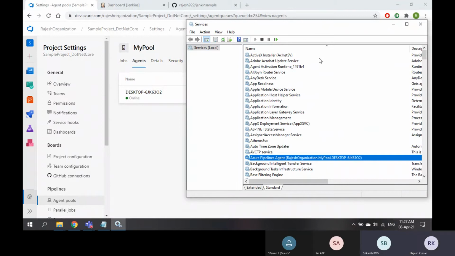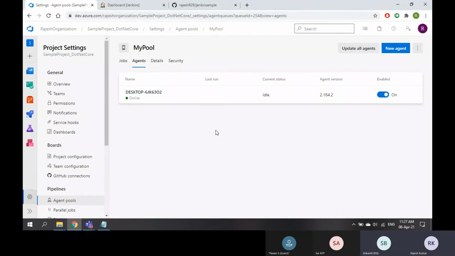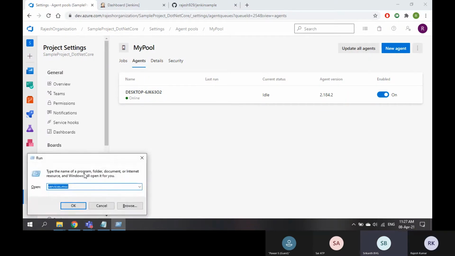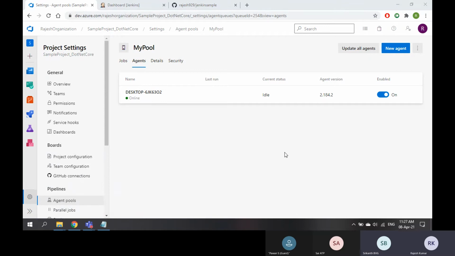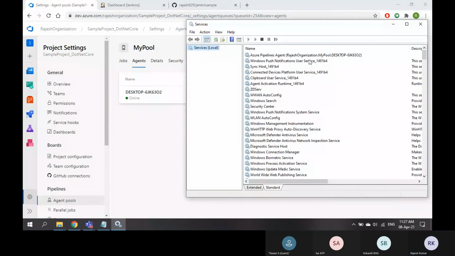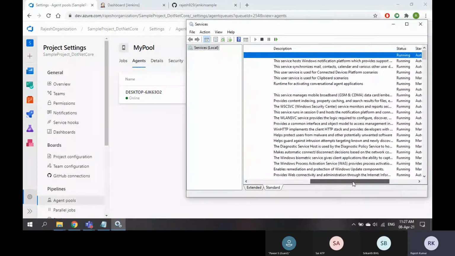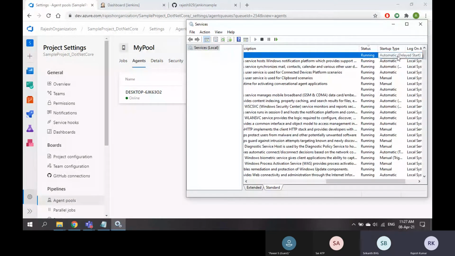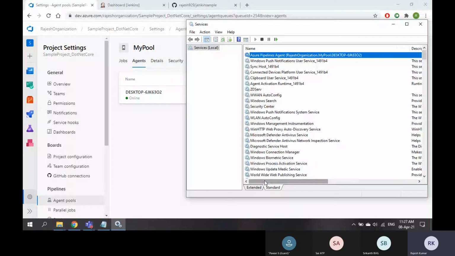See, online. Now we are good. You don't need to worry whether the command is running or not. Why? Because we configured this as a service. Yes, the service is set to automatic. If you see, the service is set to automatic. It's not manual. So whenever the server restarted, the service will start automatically. No one needs to go there and start it up manually.